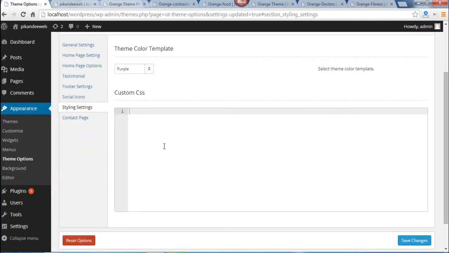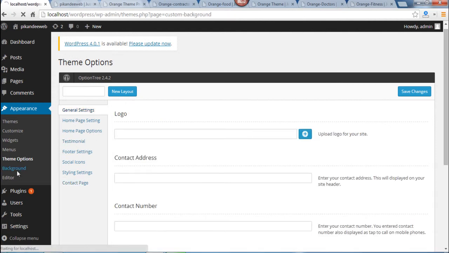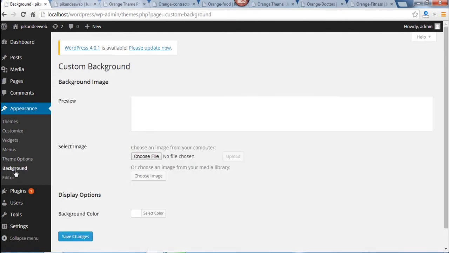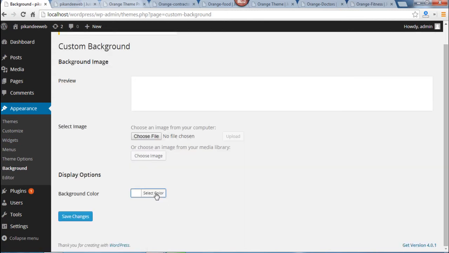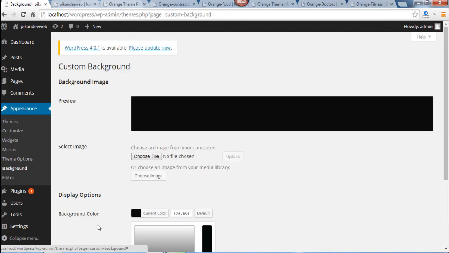With custom CSS you can modify your CSS, just write your code and save changes. And the last one is the contact page map. Here just paste a Google map code and save changes. You can change the background image also. Just click on background, choose any image or color you want and save changes.